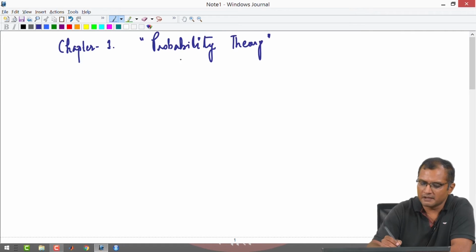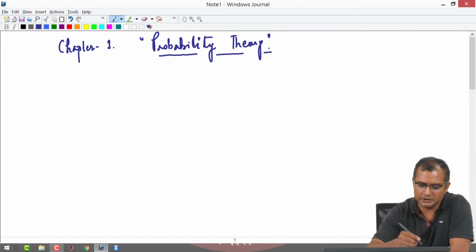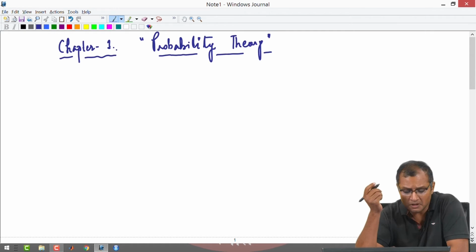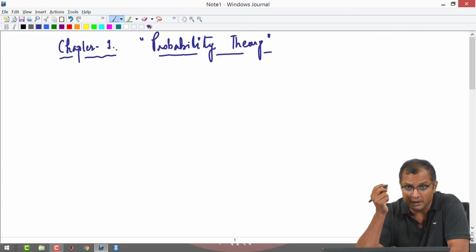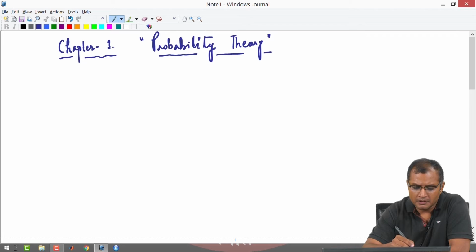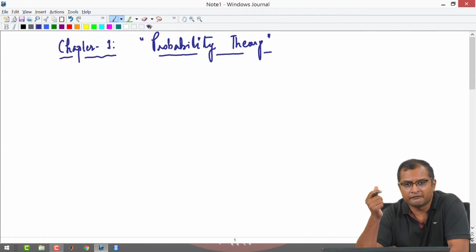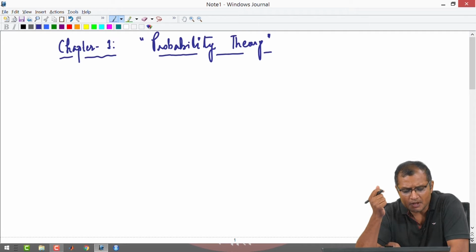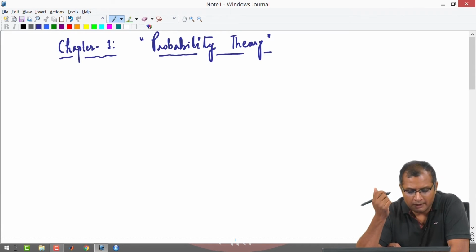And before we dive into the theoretical rigor of probability theory, I think it is a good idea to start with some very simple examples concerning discrete probability theory, where we will try to solve some examples using an objective approach of probability theory, and the focus would be not to rely on formulas, but rather on the ability to solve the problem using what is given and what is required. And to